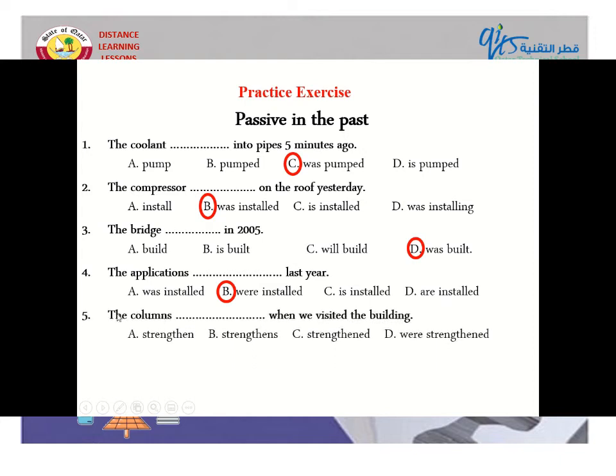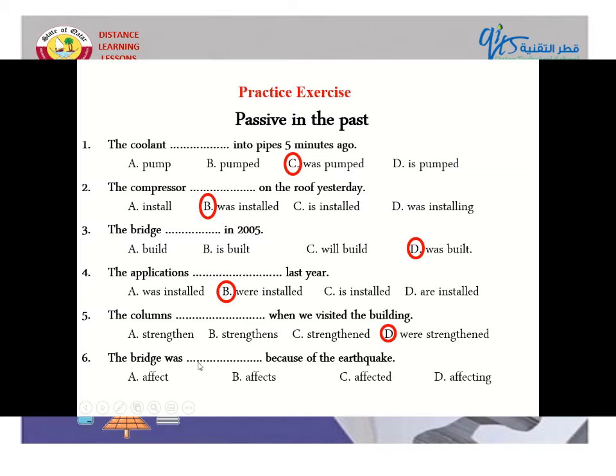Number 5, the columns space when we visited the building. So columns, plural, so we need were plus past participle. A, wrong, B, wrong, C, wrong, D, were plus past participle. Good. Number 6, the bridge was